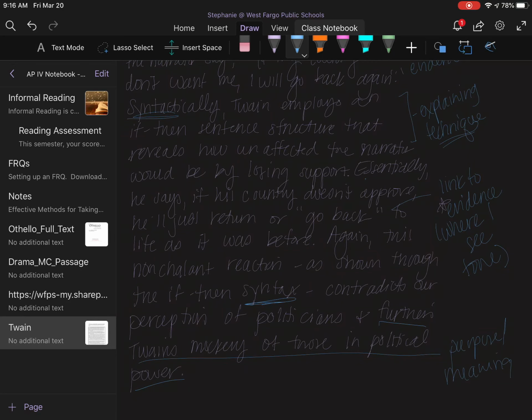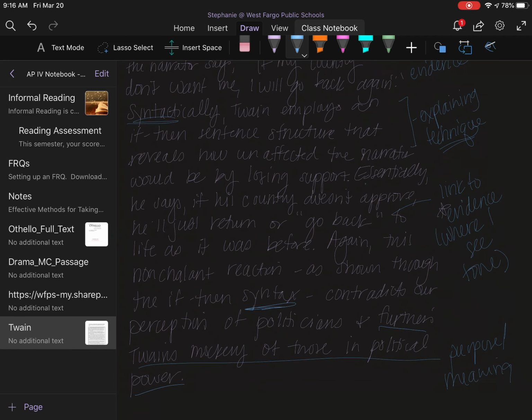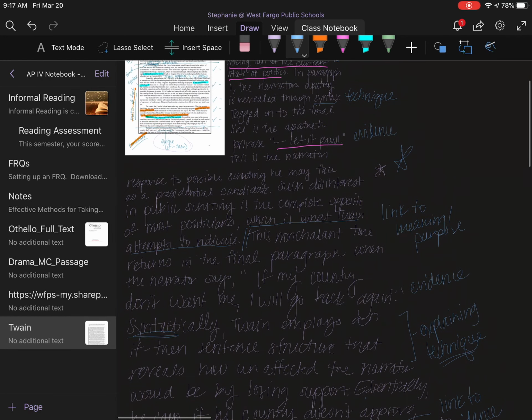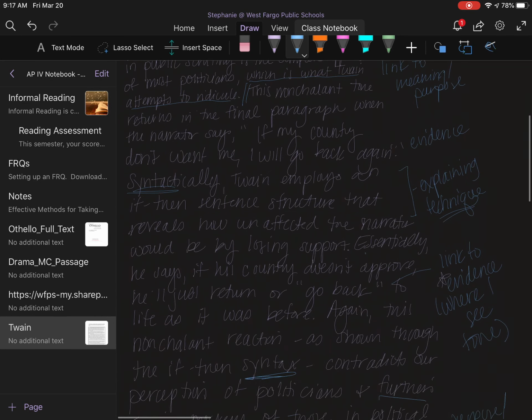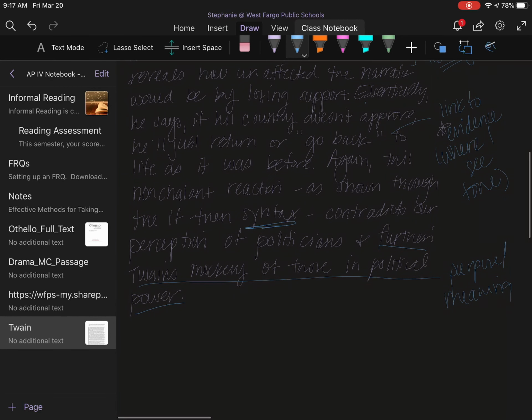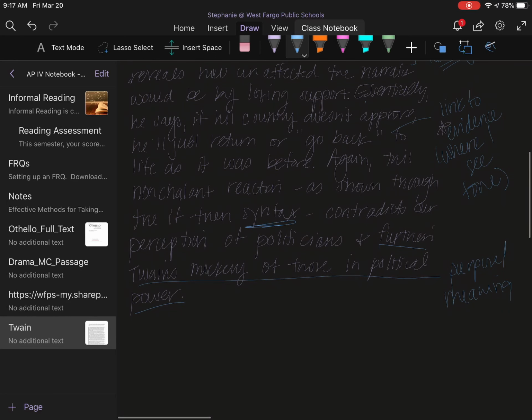Okay. Now, this is my first draft. Like I said, in revision, I would probably go back up here and explain this piece of evidence a little bit further. Where am I seeing the nonchalance in that? Because I give context, but I don't really explain why that little added phrase shows he's being nonchalant. That could be better. So in revising, I would definitely go back and add that. But because I make up for it with a more thorough analysis down here, this would be a 4 on